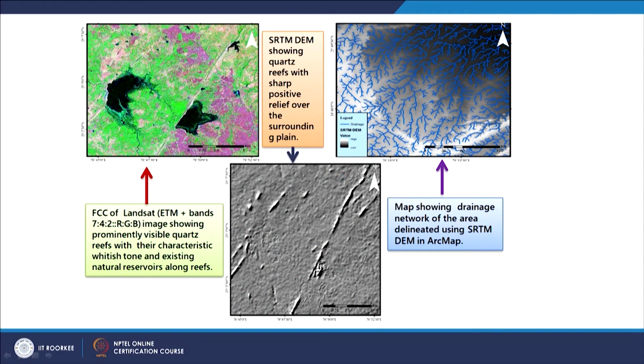Like ancestors have done, the quartz reef is running like this, a reservoir was constructed, and you are seeing the benefit in the downstream. Similarly here, a quartz reef is there, the stream was blocked, and then you have a reservoir, and the surroundings are getting green. And so likewise, hundreds of such sites can be located using remote sensing data only, or along with a shaded relief model derived from a digital elevation model, and almost all these data sets are available free of cost.